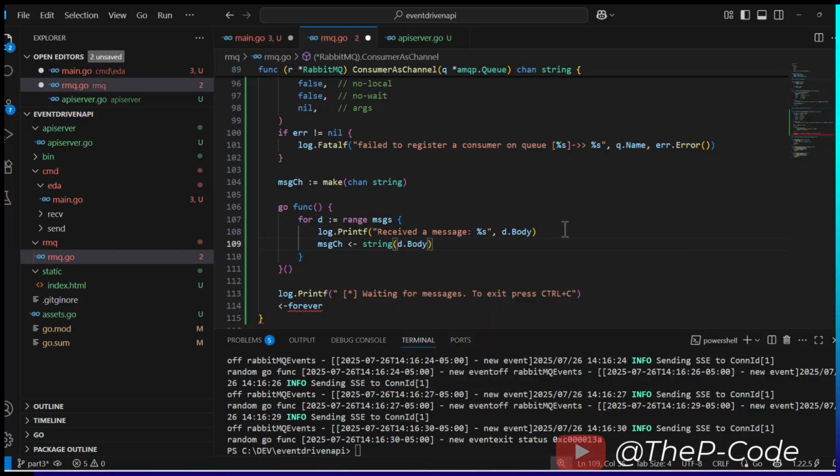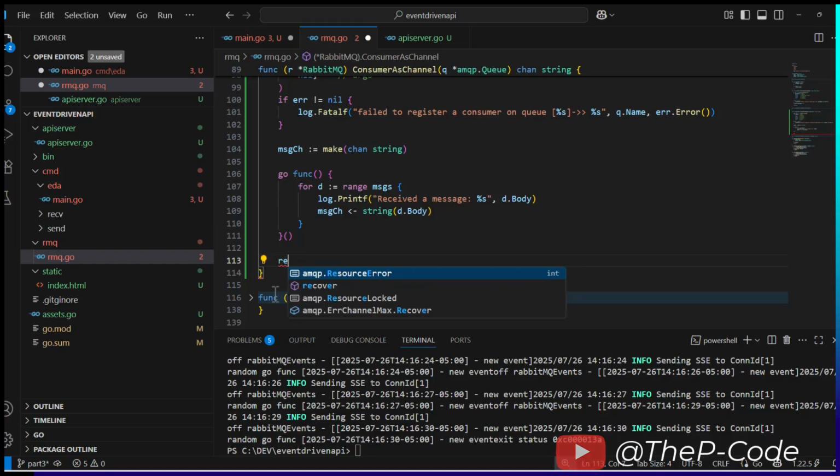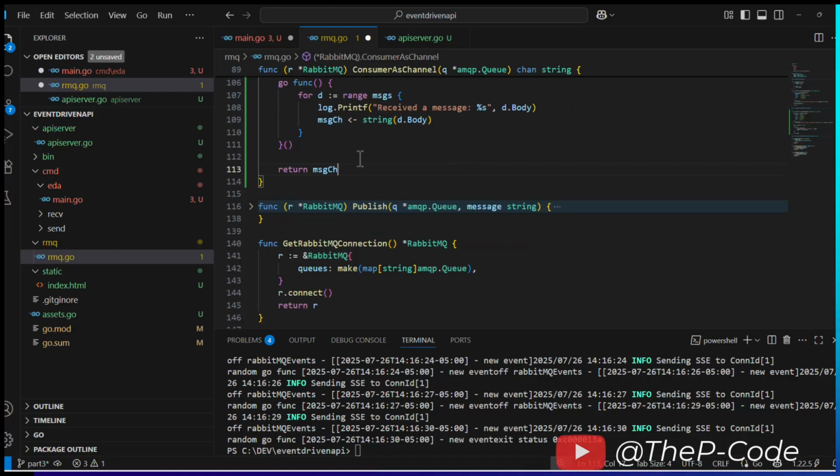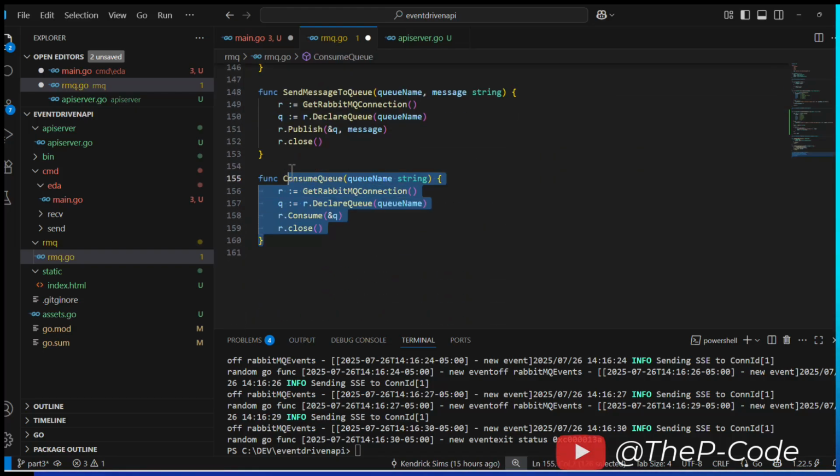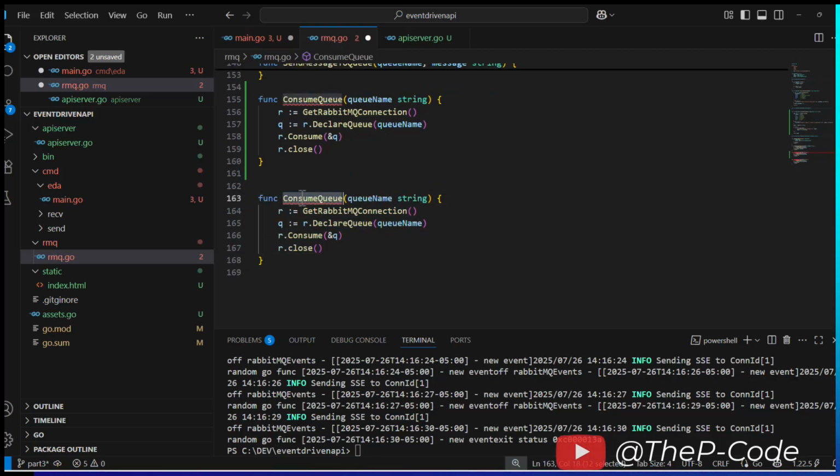We just want to send the body right into this message, and instead of saying waiting for message, we won't be waiting no longer. We just want to return that channel, and that's it. But let's create a helper function. So right here, instead of consume Q, we're gonna say get Q as channel, right? And all you have to do is pass it the channel name,